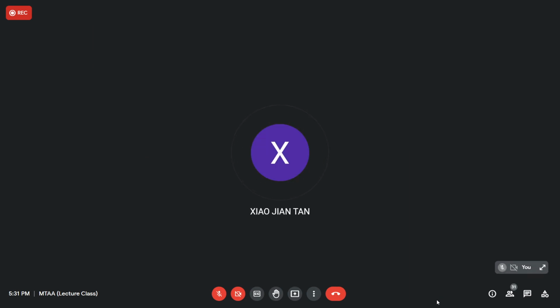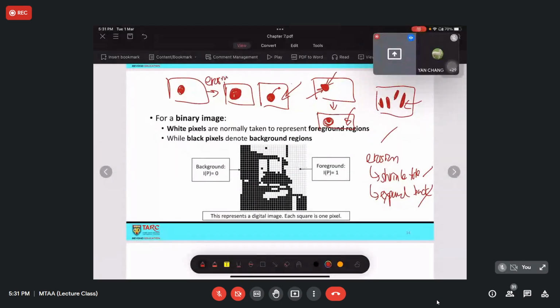Such that after you perform erosion, this is what you want, okay? But you don't know in this system or this software which one, the red color or the black color, is the background or the foreground. After you perform erosion, you find that this red color dot is bigger in size. I performed erosion, right? Supposedly the object of interest should be reduced in size, but what you observe is that the red color dot is expanding in size. So the region of interest is this one.